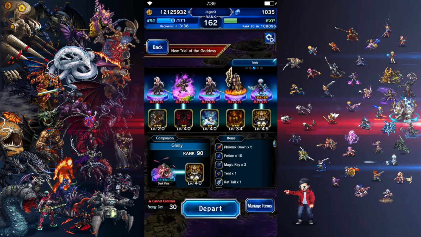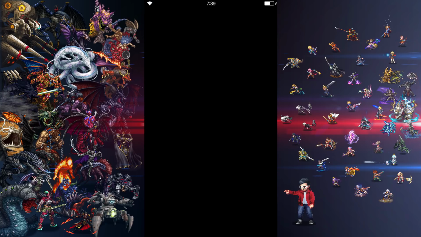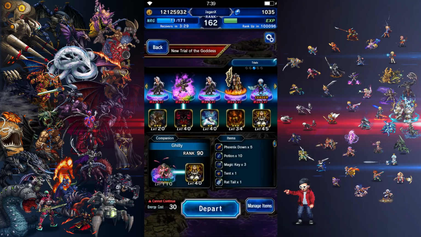and Dark Fina 7-star level 110 plus is important for this kill shot because she gets a cooldown skill with a Dark Imperil of 120%, which is really massive. Now there is a lot of potential to this. You can pretty much do this on, I think, anyone who doesn't have a preemptive attack that kills one of your units, as long as all 6 of these units are alive,